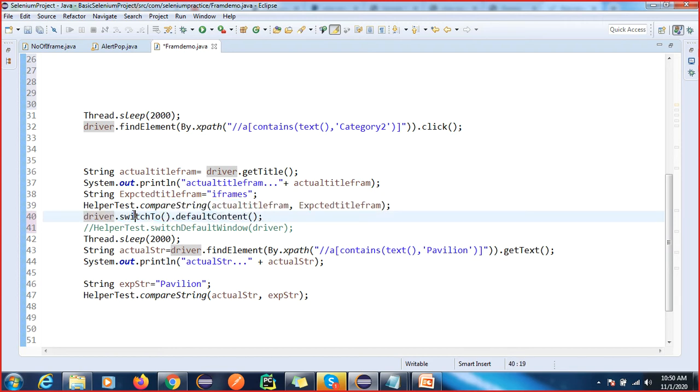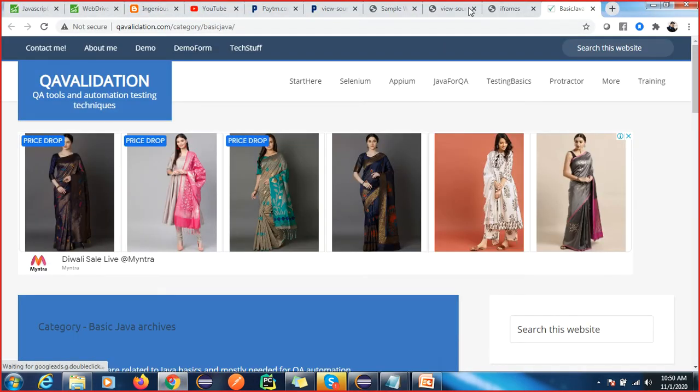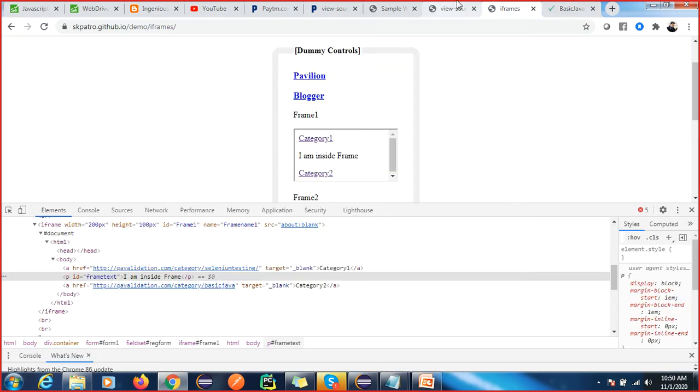So what can we use? By using driver.switchTo().defaultContent(). By using this, again we will land on this page. After landing, first we have to check whether frames are there or not. We will find the number of frames available. If frames are there, then we have to switch to that frame.